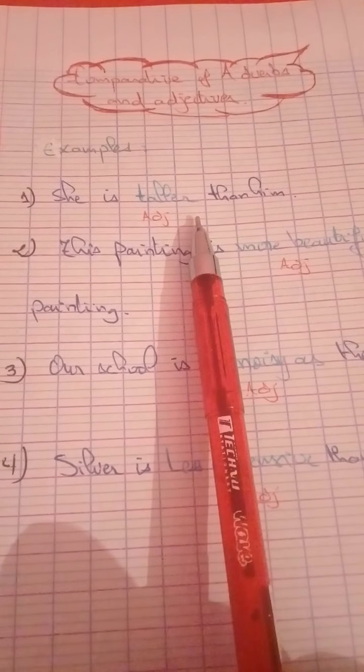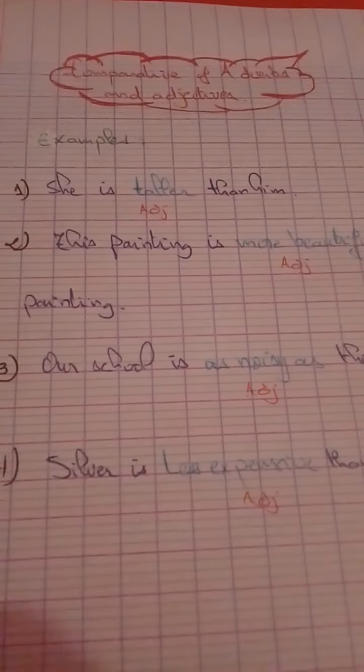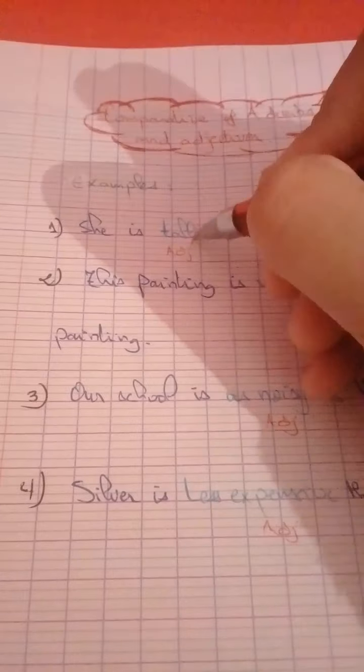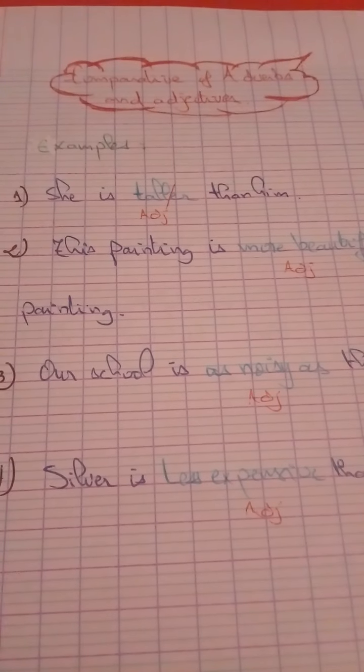Okay? The first thing that you need to look at is whether your adjective is a long or short adjective. So in this case it is a short adjective. We added er. Look here. We have tall, we added er to say that she is taller than him. This is the first case. Then we have